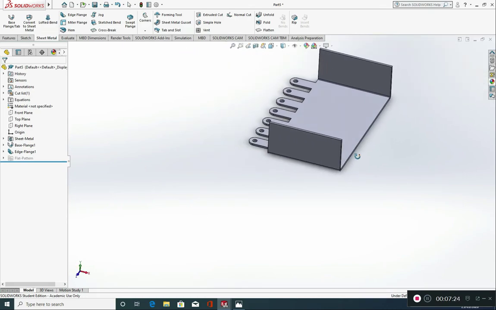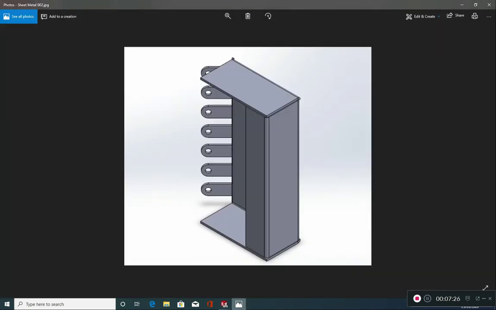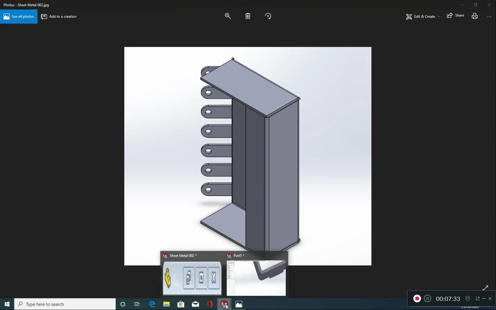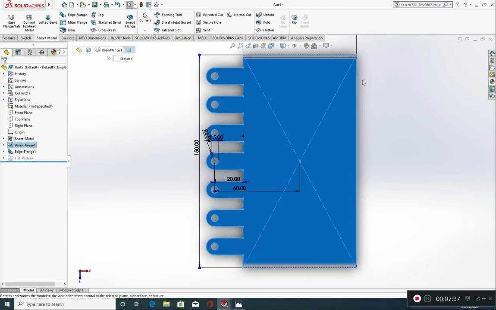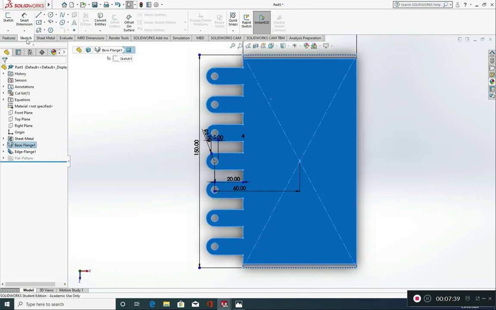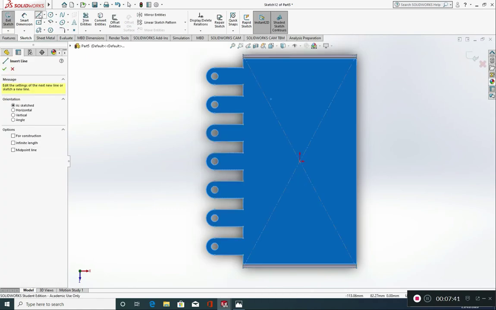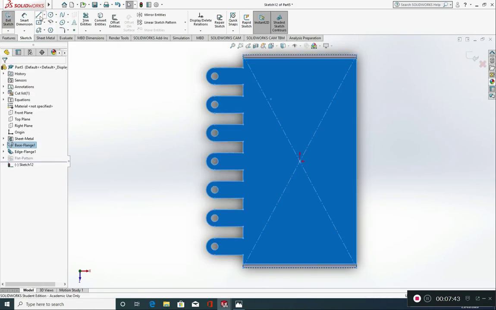Let's look back at our part. We need to bend these up at a 45-degree angle. That's really simple to do, so that's going to be my next step. So I'm going to go back into SolidWorks. I'm going to click on the face I'm interested in, normal 2. I'm going to go to sketch, line. It's got to be a solid line, it can't be a center line. So line,